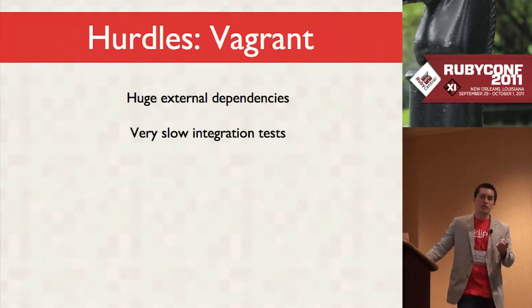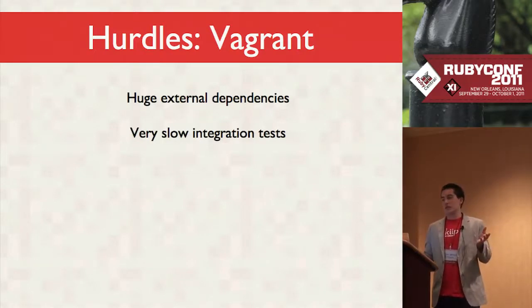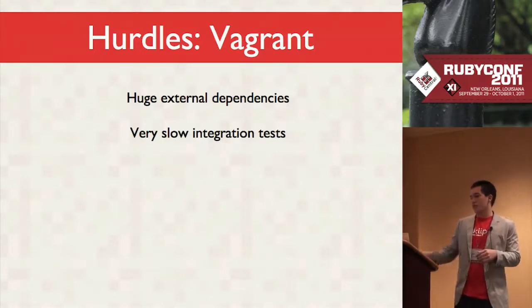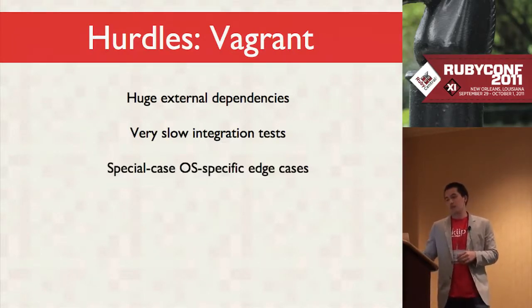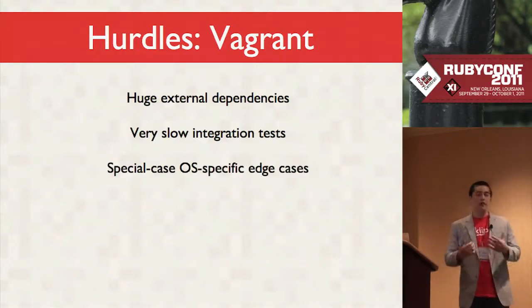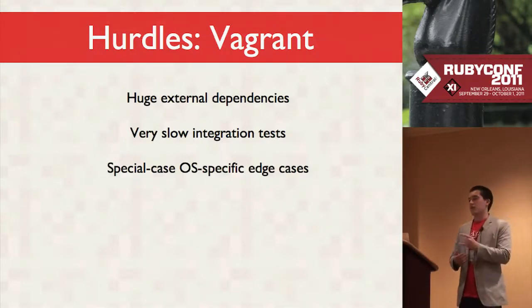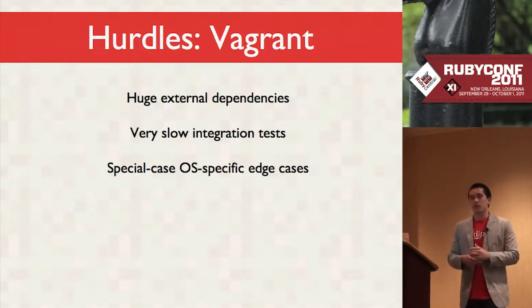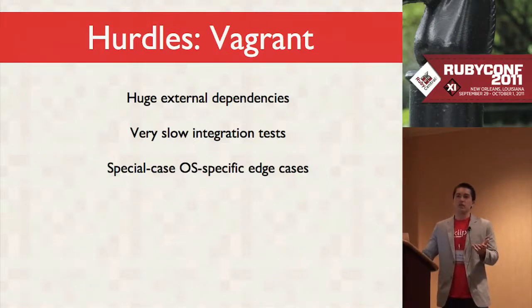Creating one virtual machine, acceptable. Creating hundreds of virtual machines for the purpose of testing, extremely slow. I have around 50 integration tests right now, and they take around 4 hours to run. There's a lot of OS-specific edge cases that I'd like to at least verify. For example, on OS X 10.5 and earlier, the exec system call doesn't work very well with Ruby, so I have a workaround for it, and when I push a release, I want to make sure that the code that invokes that is continuing to work.